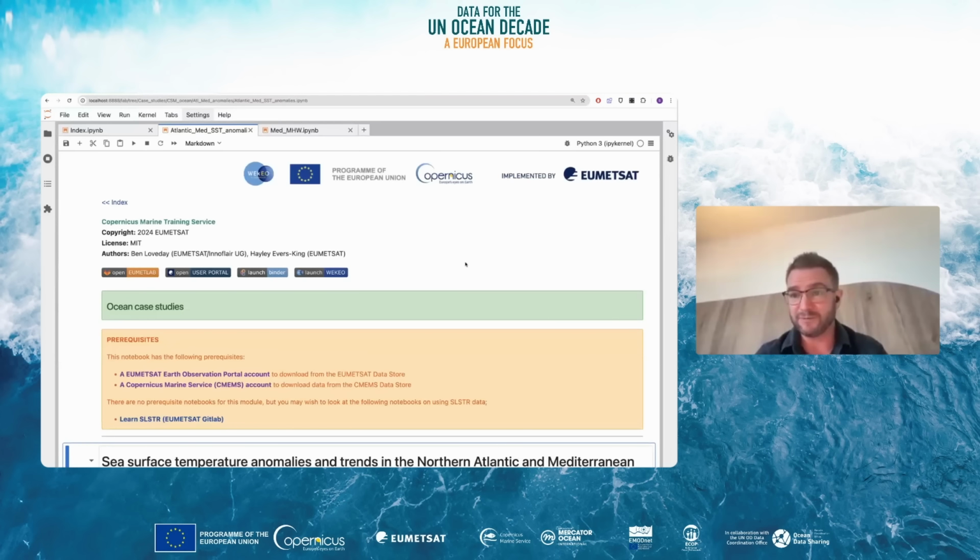So at the very top of all of our notebooks, you'll find all these buttons. This allows you to open more contextual information on the data that's available and how you get the code. And there are some other options for launching this code in different places, either on remote cloud systems like Binder or WEkEO, or you can feel free to work on any remote or local system that you have access to. And all of this code, for those of you who are familiar with code, is written in Python.